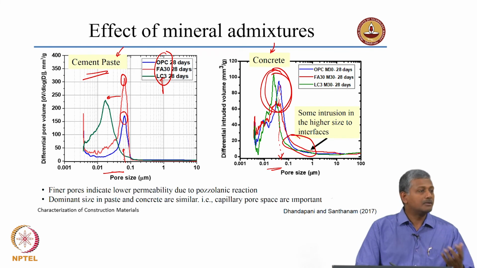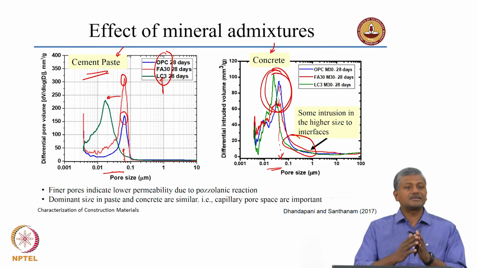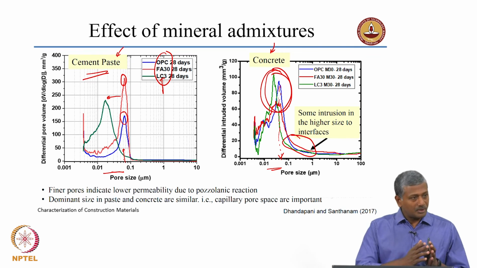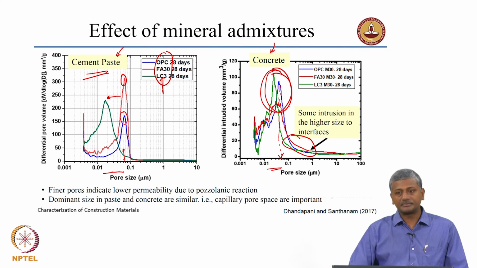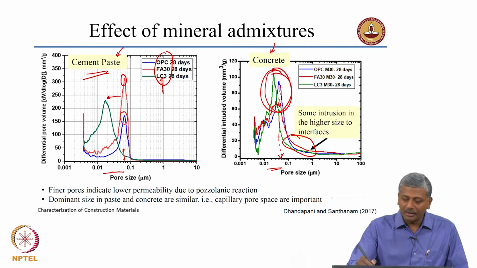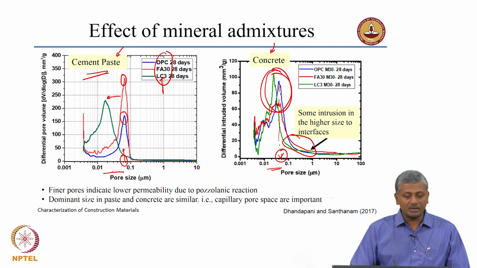Again, effects of packing are helping in the case of concrete. In paste, you do not really find that effect of packing. In paste, you do not have particles of vastly different size ranges. So, as you increase the range of availability of sizes, you have seen earlier in your particle packing algorithms that if you increase the range, you get better packing in the system. And in the concrete, there are fines contributed by your sand also, which help to increase the degree of packing in your system, and that may be the reason why this marginal difference in your pore sizes from about 0.07 or 0.08 to 0.05 or 0.06 is shown in the case of cement and fly ash systems.